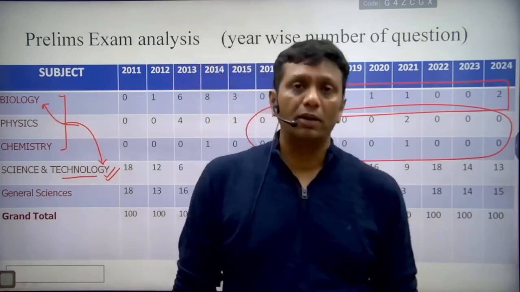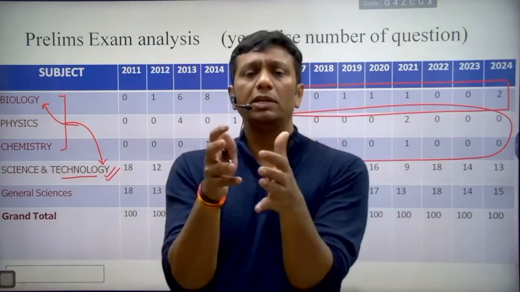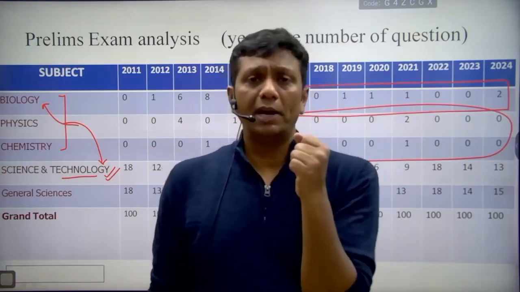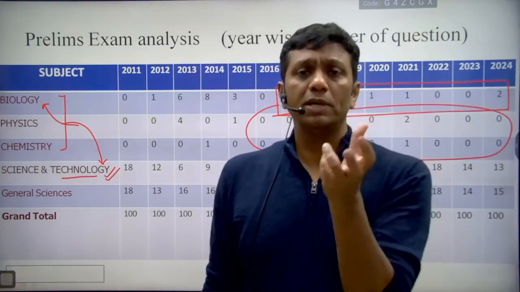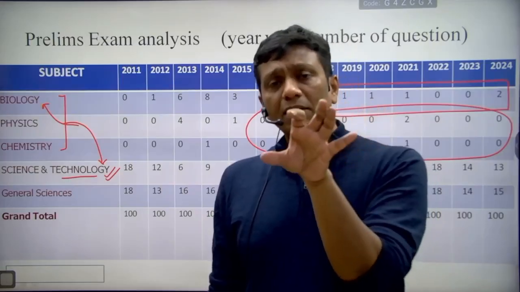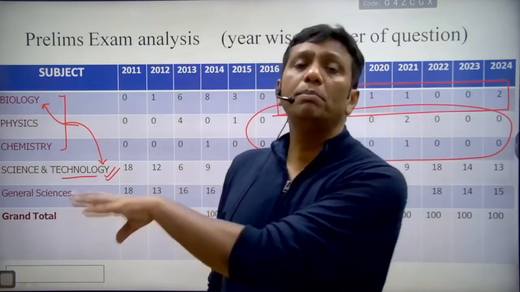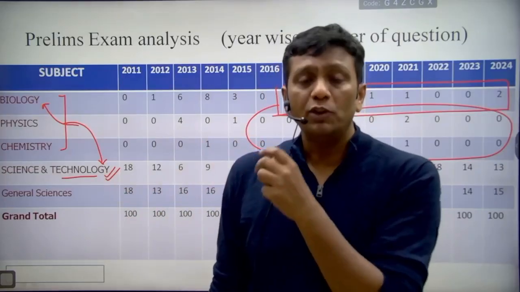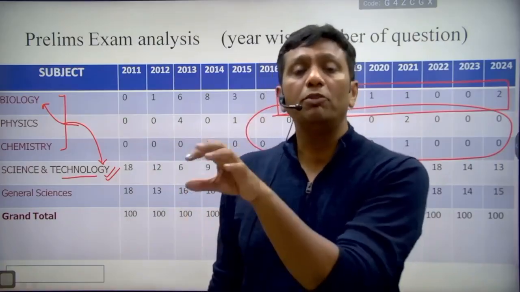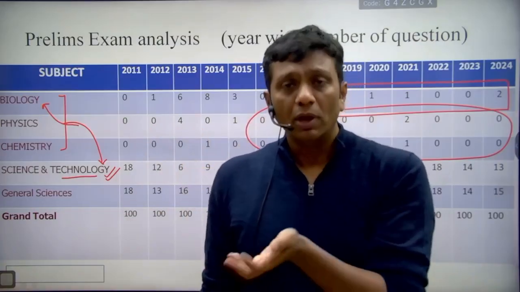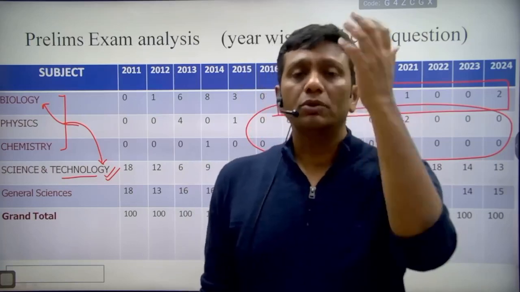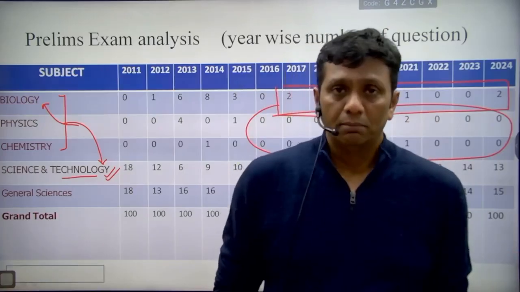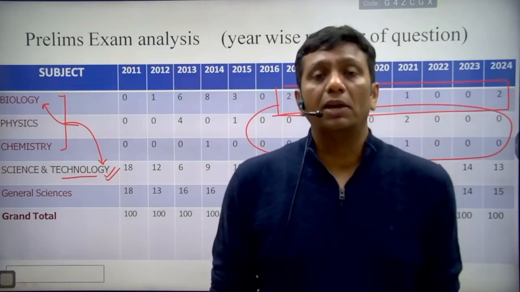Biology is also interdisciplinary with ecology, which is part of environment. I can give you one idea: in 2020-24, UPSC asked a question, which plant among these belongs to the same pea family? The pea family means the legume group of plants, and the options included soya bean and horse gram. You can also connect this question with nitrogen fixation and the nitrogen cycle, as pulse plants belong to the nitrogen cycle and nitrogen fixation.